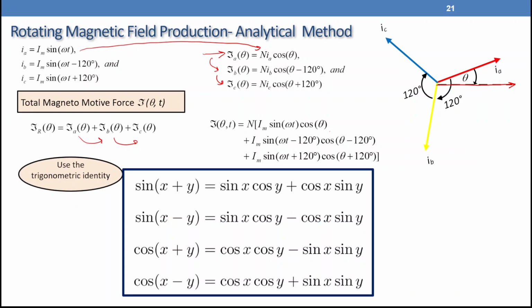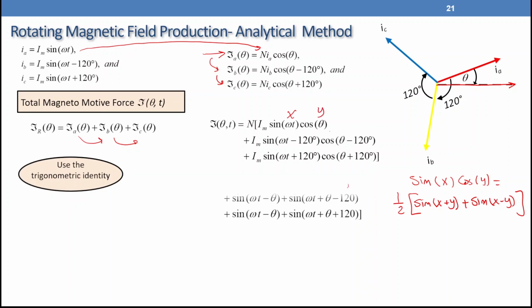So we can write this equation: sine x cosine y equal half, if we add these two equations together, half sine x plus y plus sine x minus y. If we assume omega t is x and theta is y, we can rearrange the equation and simplify this equation